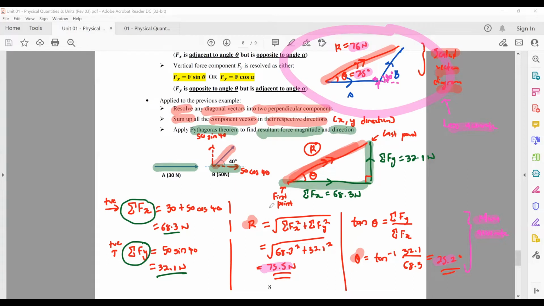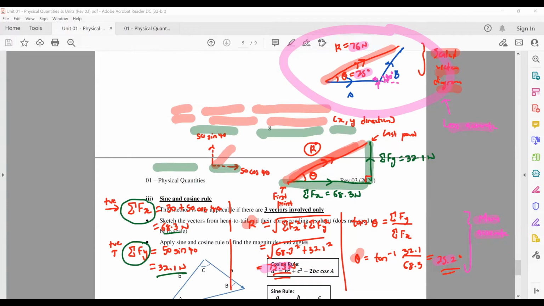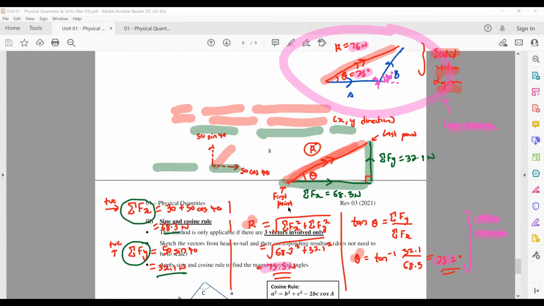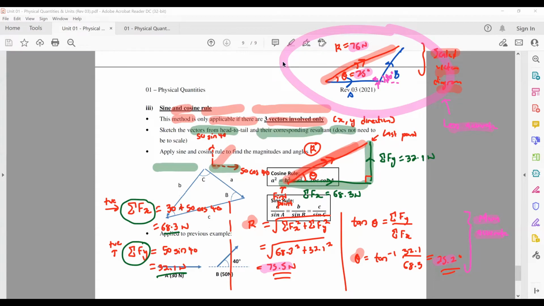Okay, so this is resolution of vectors. Then there's one last method that I should probably mention a bit to you, which is sine and cosine rule. Now sine and cosine rule is actually not formally covered in your syllabus. You would have three different methods to find a resultant vector. You would have scale vector diagram, you would have resolution of vectors, and then lastly, you would also have sine